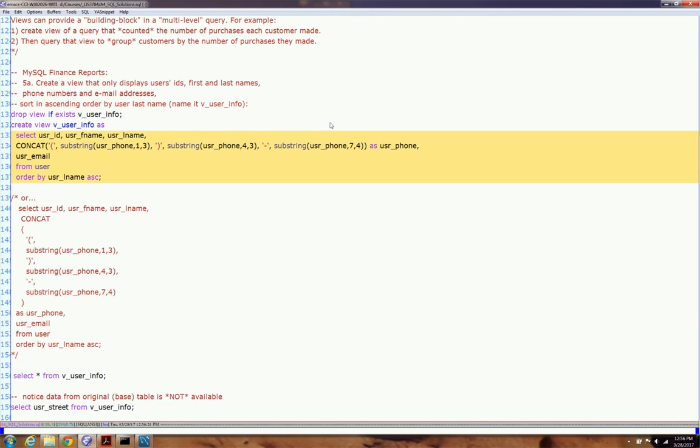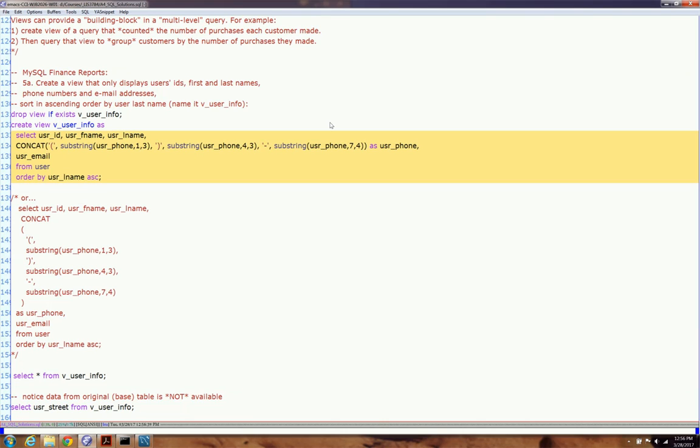Forget about the actual syntax of the view, because that's very simple. Once you do the actual answer for the SQL, the select statement, all you've got to do is wrap that select statement in a